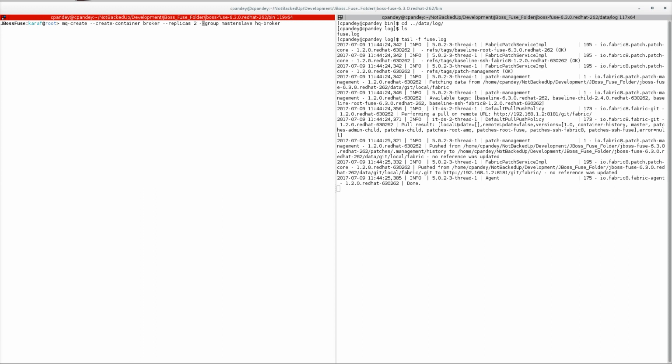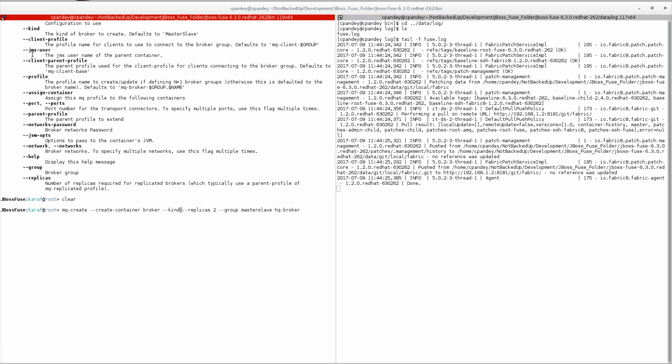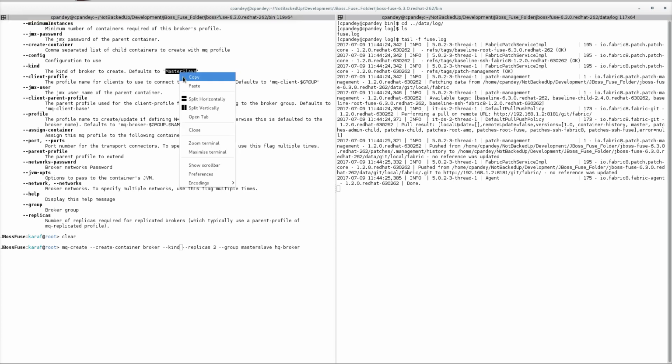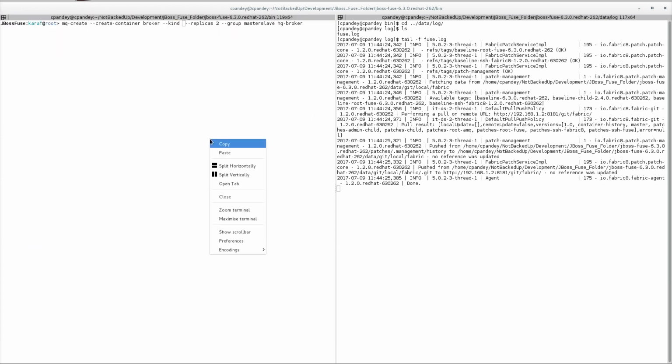The group I have assigned is master slave, so both containers will have the same group, and they are assigned the same broker name. The other thing which is missed here is kind. The default kind of broker is master slave.